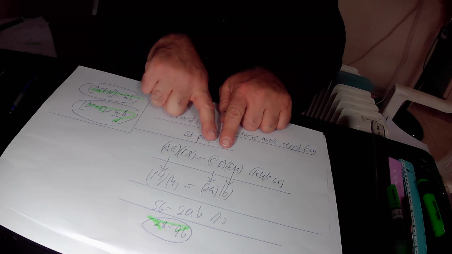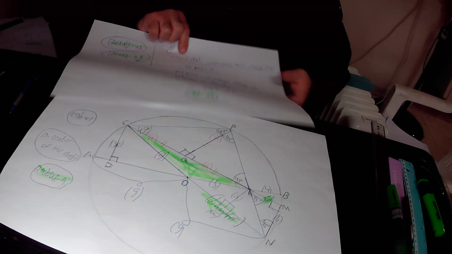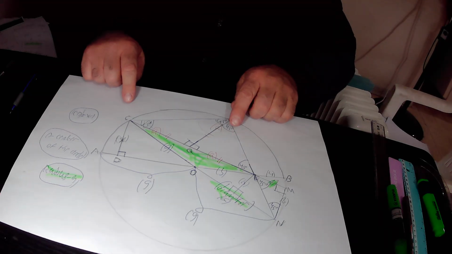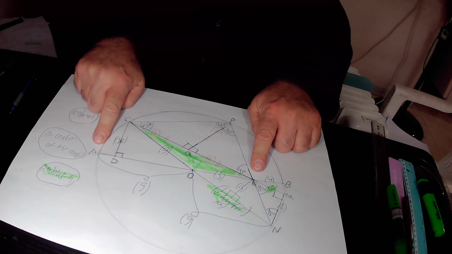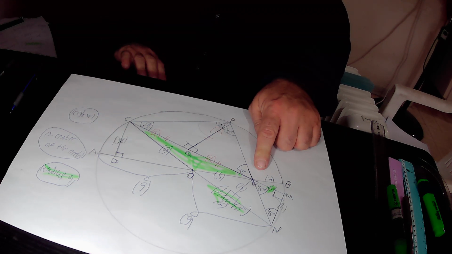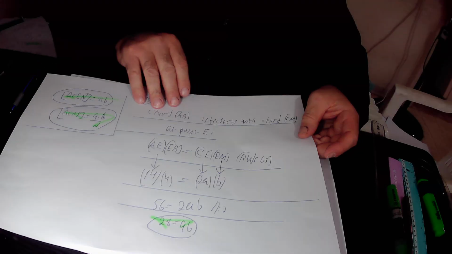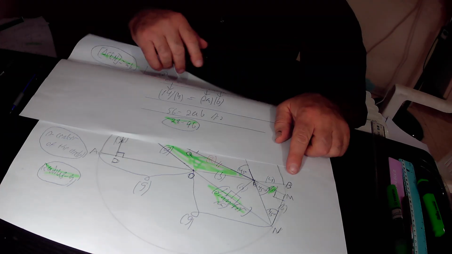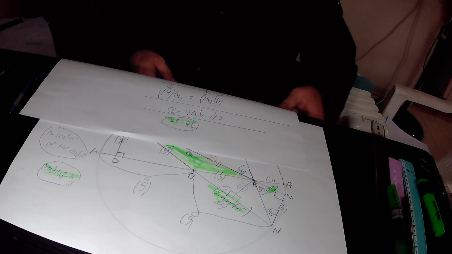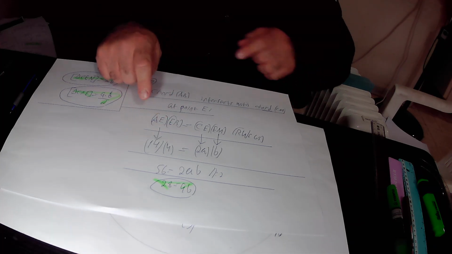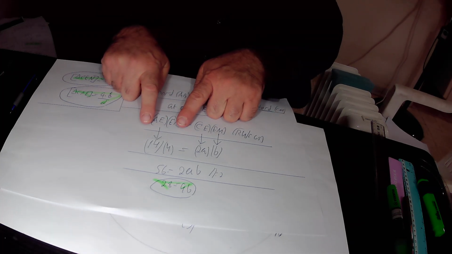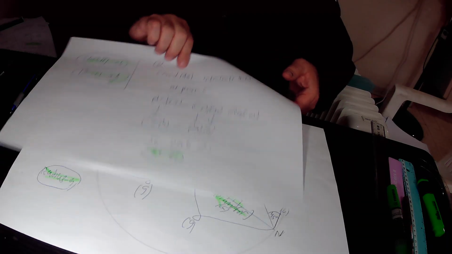AE times EB equals CE times CM. AE equals AO, that is 9, plus OE, that is 5. 9 plus 5 is 14, so AE equals 14, times EB. EB equals 4, according to what is given in the question. So on this side of the equation we have 14 times 4 equals